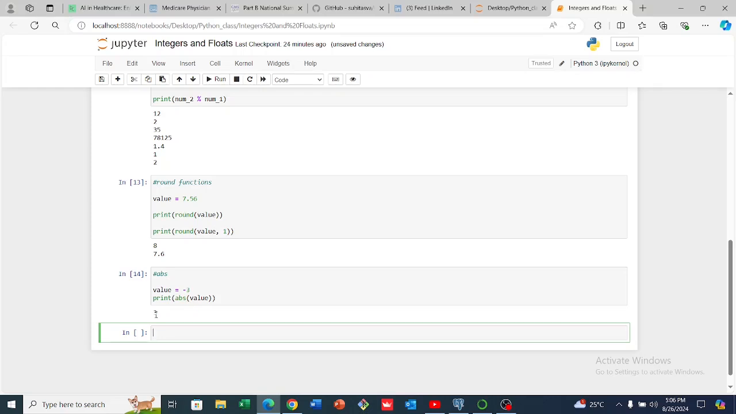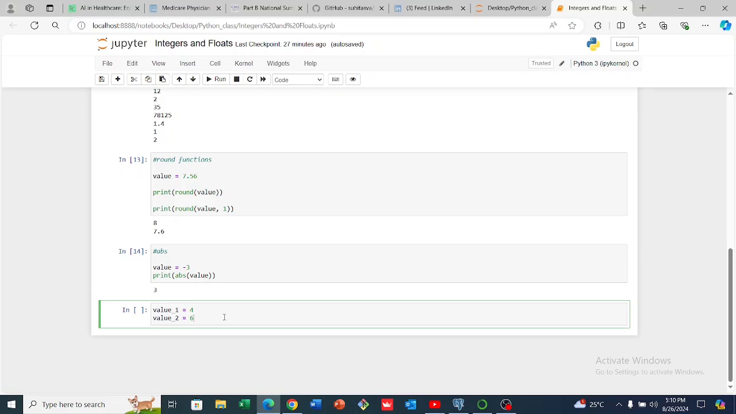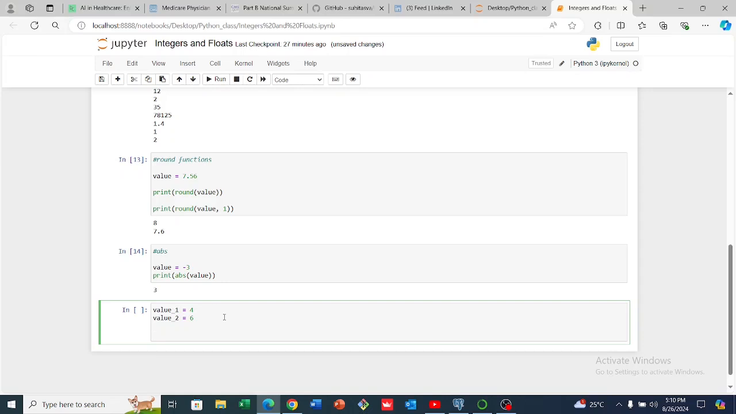For example, let's create two variables and let's use our value 1, since we'll be using num. So let's equate our value 1 to 4 and our value 2 to 6. So we can go ahead and check if these two integer values we've created are equal to each other. So to check for equals to, we use the equals to sign. Okay, so we can check if our value 1